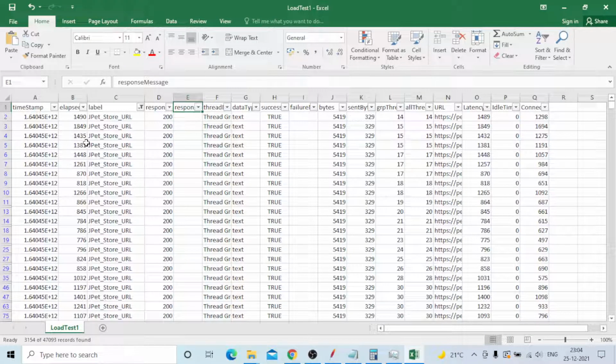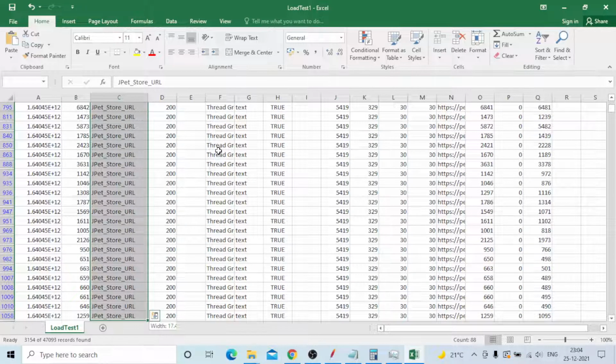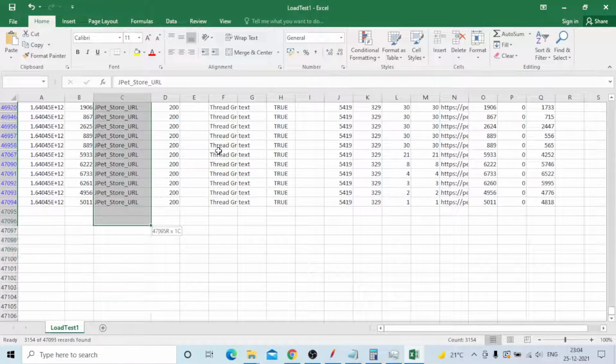This is the elapsed time. Elapsed time means ramp up, duration, and ramp down; the total time is the elapsed time. And this is the total number of transactions. You can press Control Shift and move. Now it's done, you can calculate this.